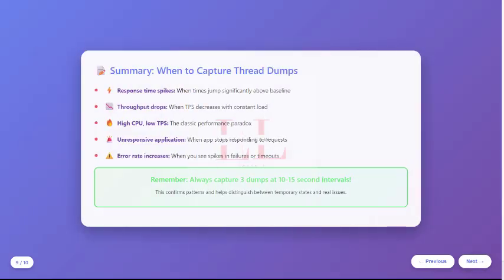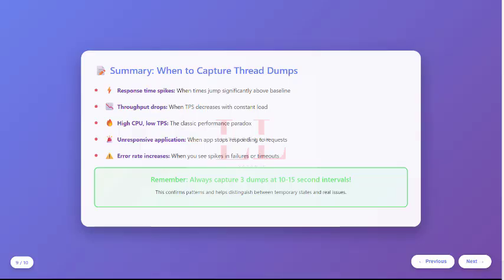So let's summarize: when should you capture thread dumps during a load test? A quick summary. Number one, when response time spikes, when it jumps significantly above your baseline, that's your signal. Number two, when throughput drops, when transactions per second decreases even though your load is constant. Number three, when you see high CPU but low TPS, this performance paradox indicates wasted CPU cycles that thread dumps